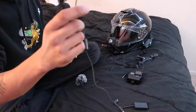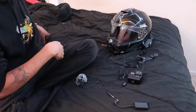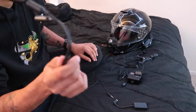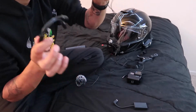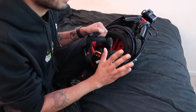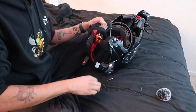Another microphone to pick up your speaker volume for your Sena. And a splitter, a Y splitter. These two are the key for the dual setup. Alright, now once you figure out what side you actually want to have your microphones on, speak, and for your